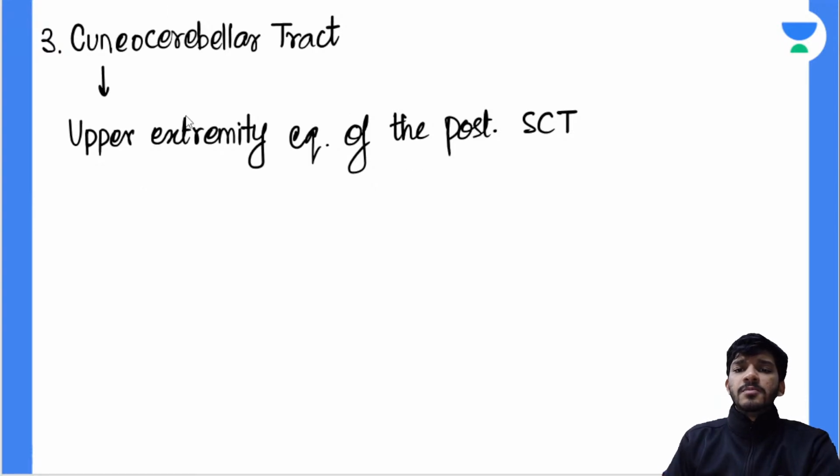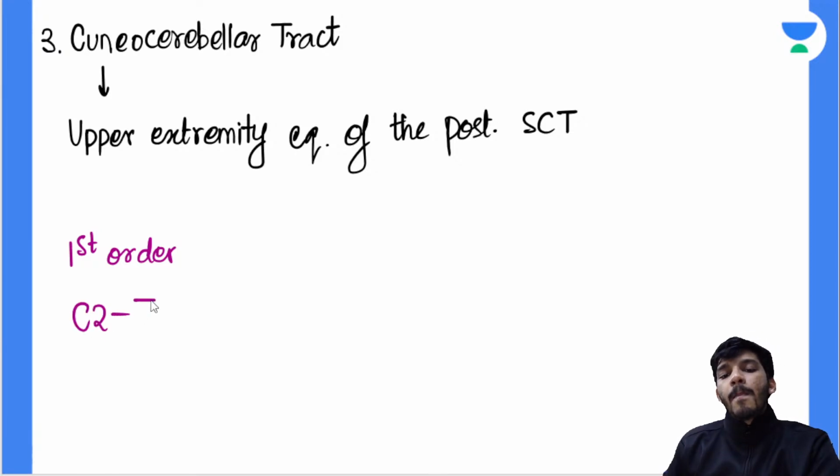First order neurons are found in the spinal segments C2 to T7, right? These first order neurons will project their axons. The axons will go via the cuneate fasciculus to the medulla, right? So the tract is slightly different. They will go via the cuneate fasciculus to the